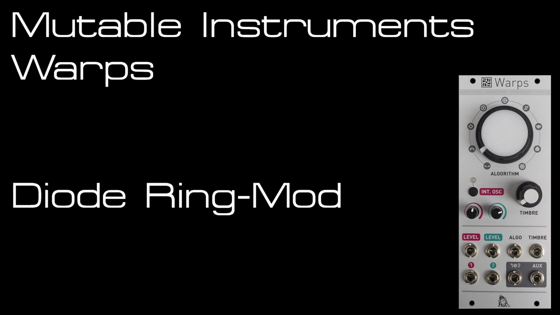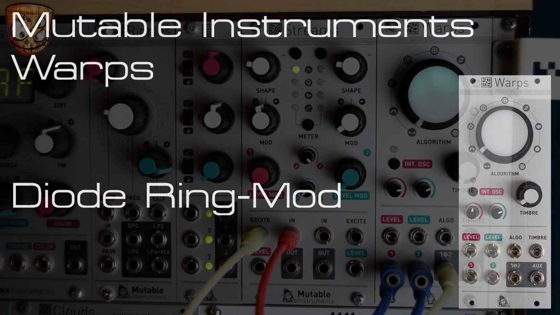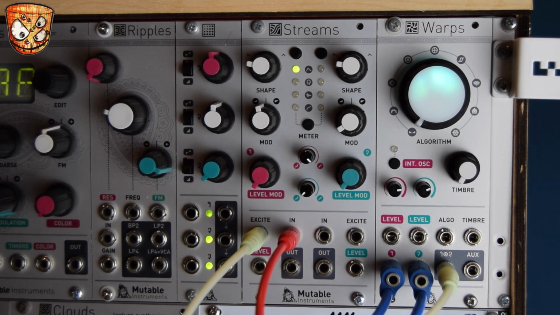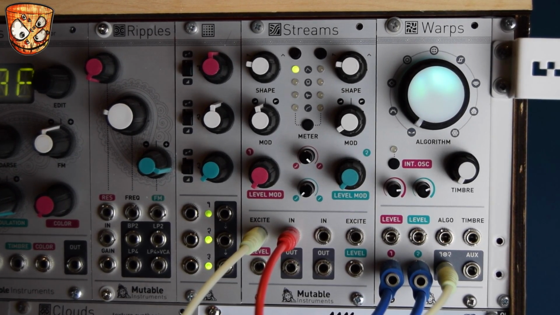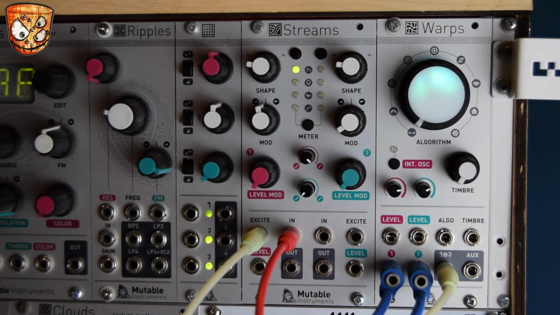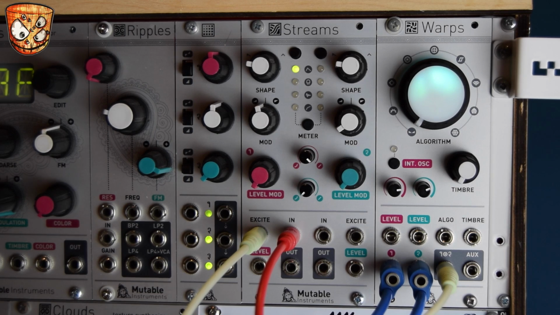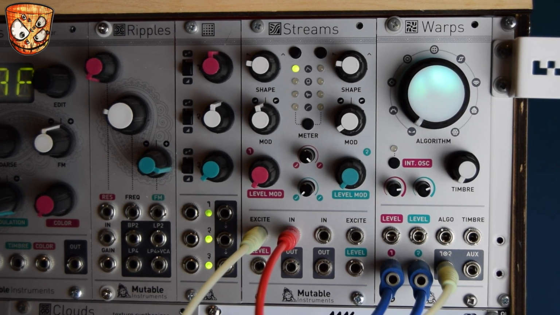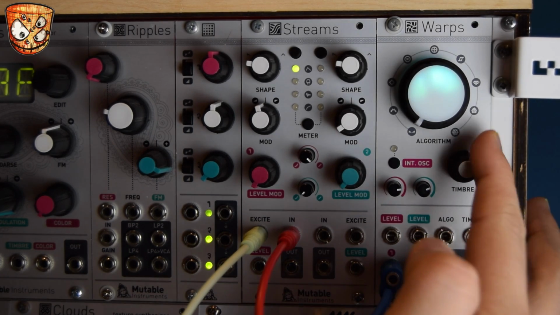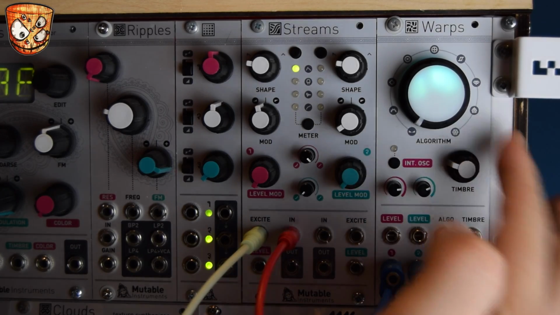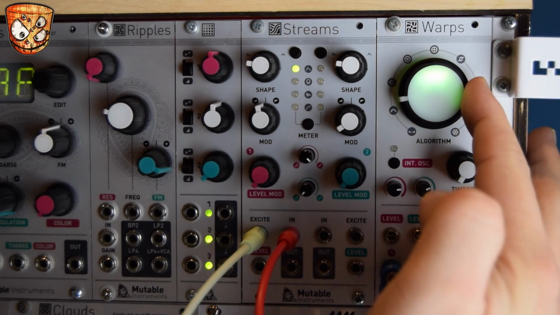Okay, so let's move into that third mode, which is a diode ring modulator. The carrier and the modulator are crudely multiplied using a digital model of a diode ring modulator, and the timbre post-processes this signal with an emulation of gain, which emulates that diode clipping. So at the minute I'm in that crossfader mode just so you can hear the inputs, two sine waves playing the same signal. Going up to the ring mod,